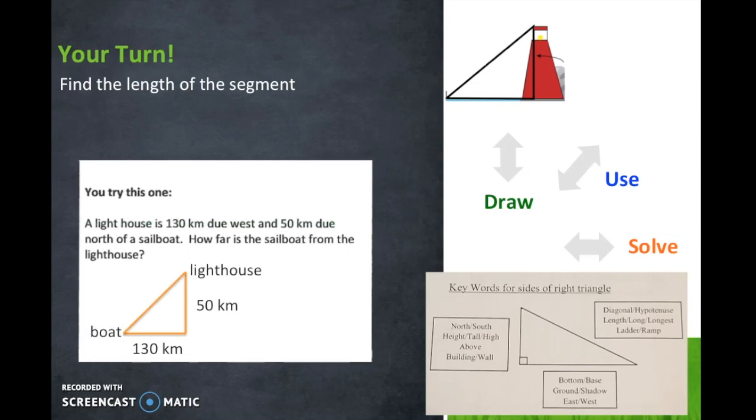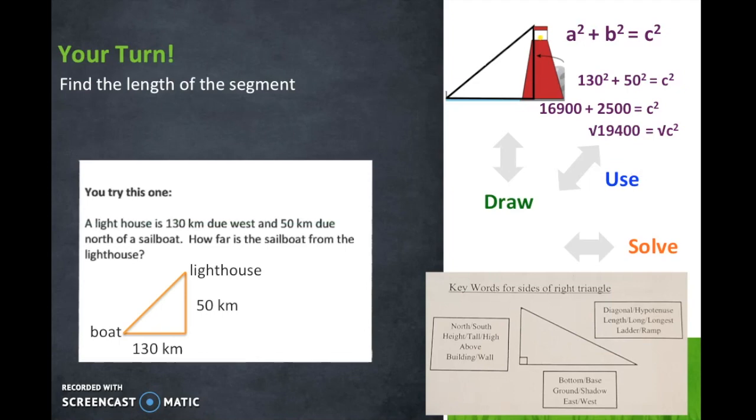The next step is we're going to use the formula. A squared plus b squared equals c squared. We're going to plug in the given information. 130 squared plus 50 squared equals c squared. Let's solve. 16,900 plus 2,500 is equal to c squared. Let's add, leaving us with